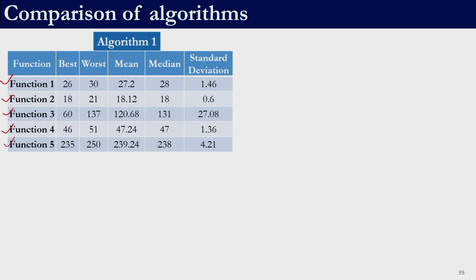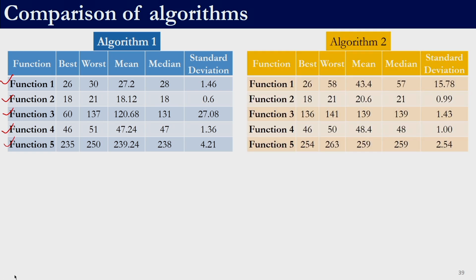I will get one row for each problem. So, that is what we have discussed previously, right. So, we know how to get this table. Given 5 problems, the algorithm has to be run multiple times on each of the problems, and then you consolidate your results to get this statistical table, right. So, let us say I perform the same activity with another algorithm and I get a table like this. So, now we have 2 algorithms which were executed on 5 functions, the same functions, for a specified number of runs, right. So, now we have 2 statistical tables.